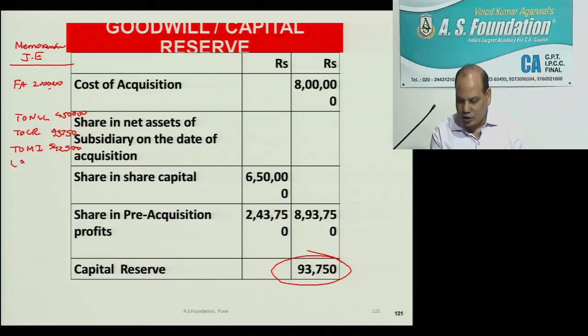For those who have not understood, one more chance. First you add 3,50,000 share capital. Then you add that pre-acquisition profit. How much was minority share in? 131. And then you add that post-acquisition profit, 61. Yes, so this is how this minority interest has come. Then you cancel the investment also.